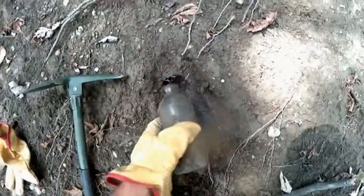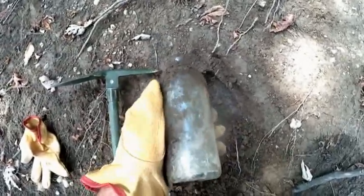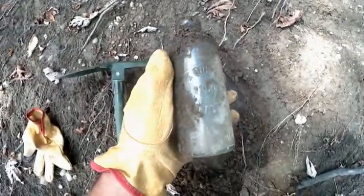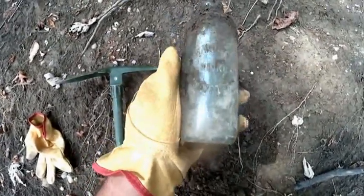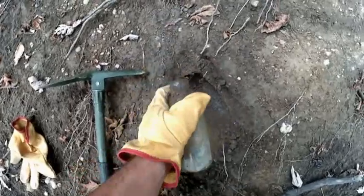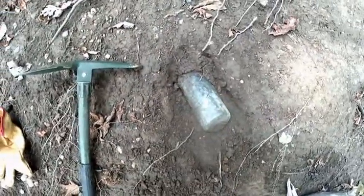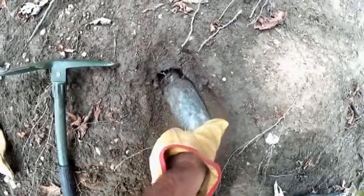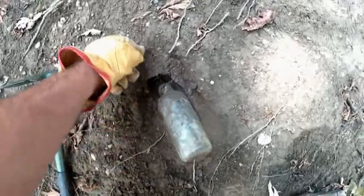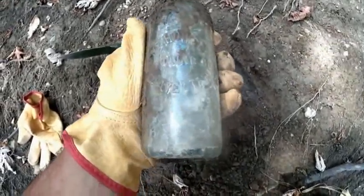Hey, look at that. That is a Hutch style bottle. Holy cow. Oh, thank you, Jesus. That is awesome. The Howe Bottling Company, Lafayette, Indiana. That is awesome. You know, when that first popped out of there, I thought this was just a regular soda bottle. When this came out, and I saw that part, I thought, oh, it's broke. I thought, you know, that part was gone. That is awesome. The Howe Bottling Company, Lafayette,